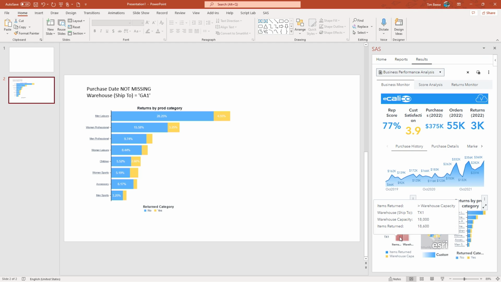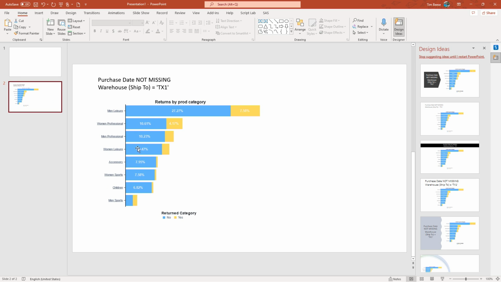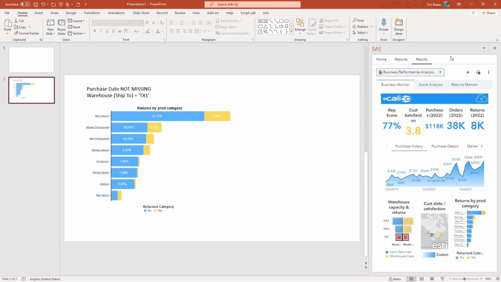I can just change my filter over here for Texas. That updates this bar chart, and I can come here and say Update in Document, and you'll see we updated our text and our chart to show the new Texas data. Very easy, just a couple quick clicks of your mouse, and you can get new data provided by SAS for